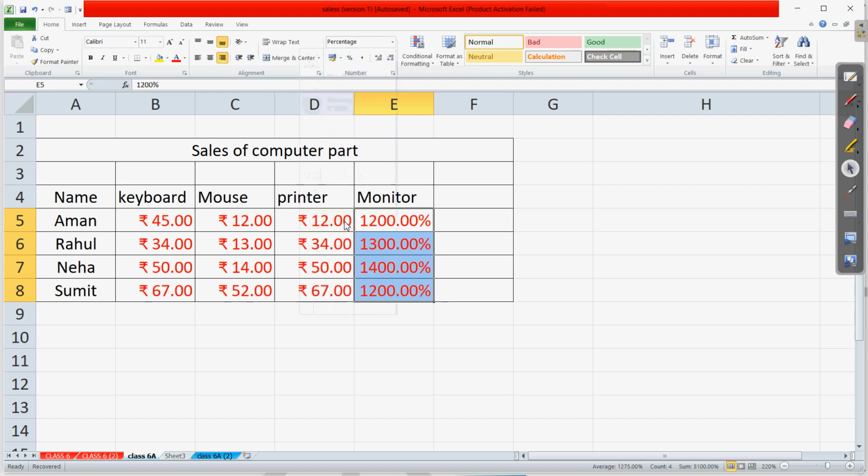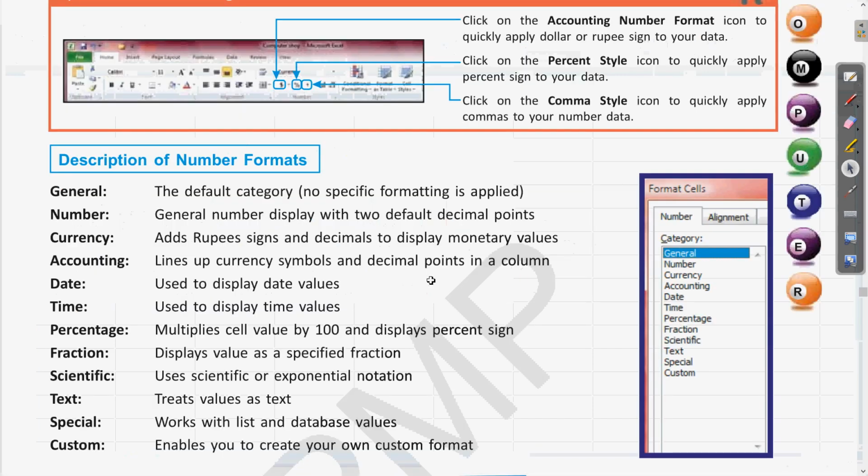If I click on this percentage, you can see whatever numbers were there have all been multiplied by 100 and at the end there is the percentage symbol. Clear? So this is the use of the percentage number format, where the numbers are multiplied by 100 and then appear with the percentage symbol at the end.